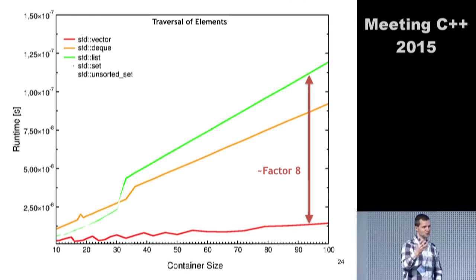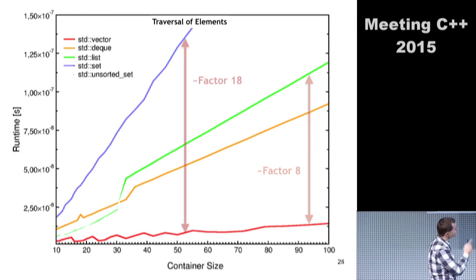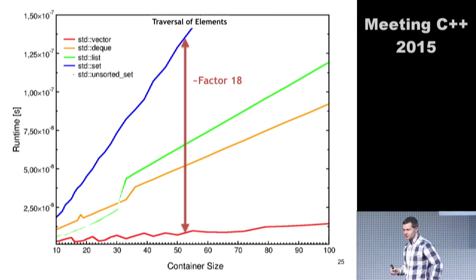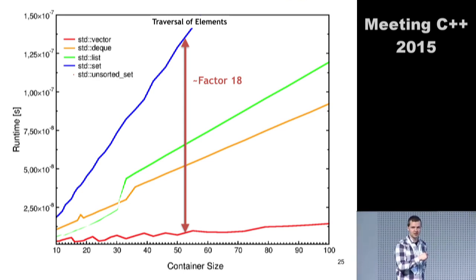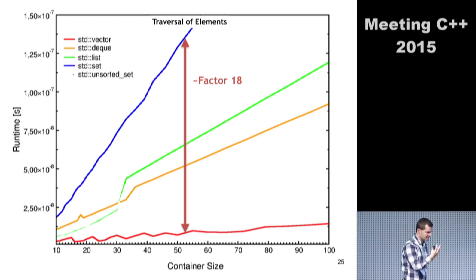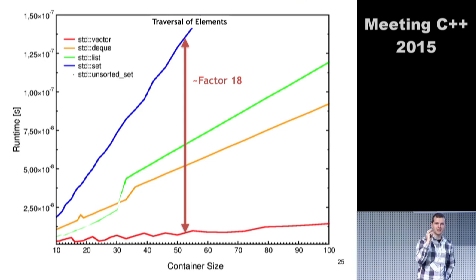Okay, majority still trusts in the set. It is a factor of 18, so close to 20. Yeah, so it is really expensive to traverse the elements in a tree in this fashion. This is what you should definitely never do. If you use a set, this kind of data structure, it is not for traversing elements, it is truly just for picking specific elements.